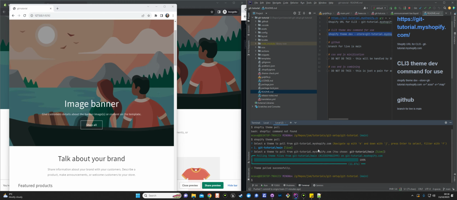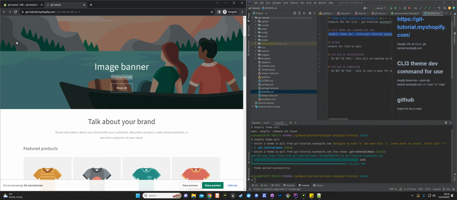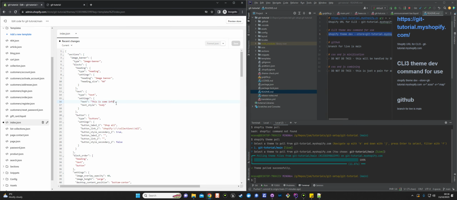So it's theme pulled. In theory, that should have synced. So when we reload, yeah, there it is. This is some info. So if we were to make a change here,